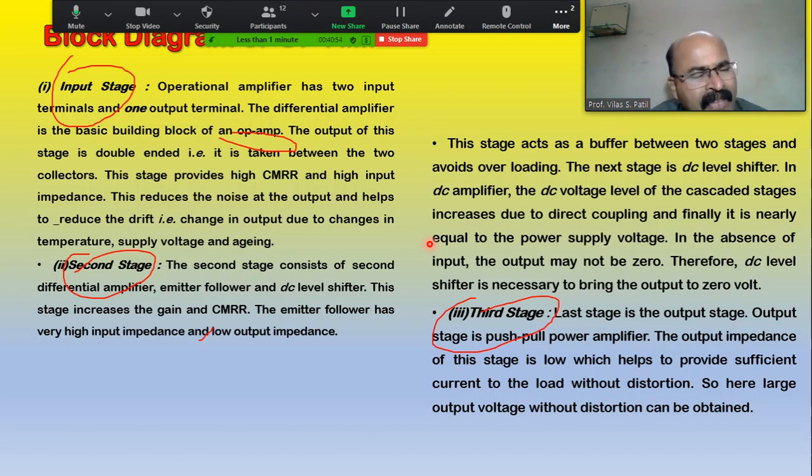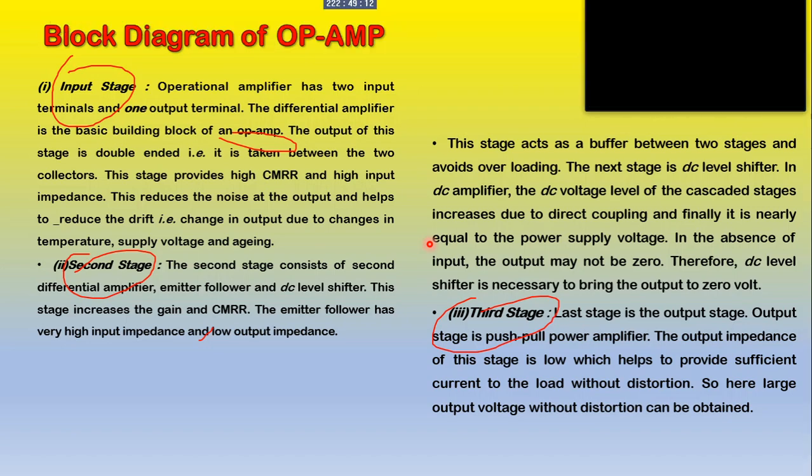We know that there are three stages: input stage, intermediate stage and output stage, or the first stage, second stage and third stage. Okay, what is the function of the input stage? There is the constant current source with respect to double-ended input, and